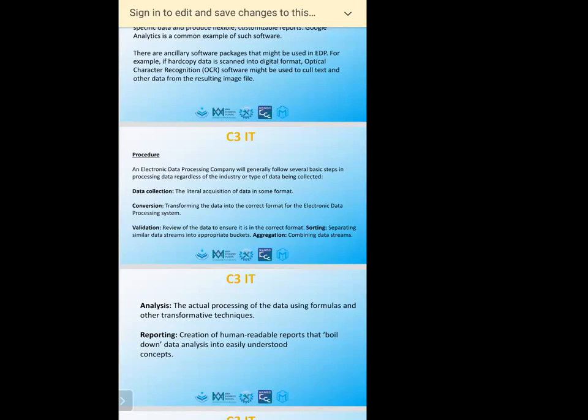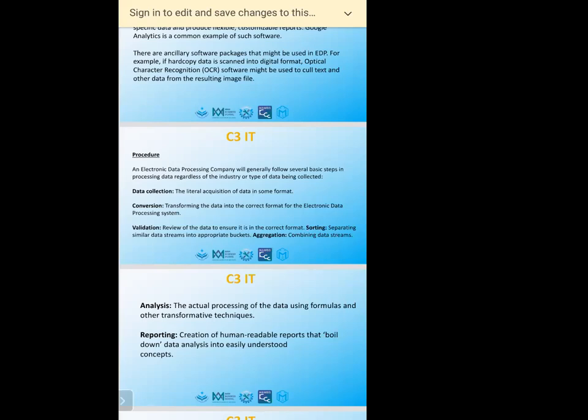First, you collect all the data, then make a conversion. For example, how are you making kardiya? What procedures will be there? First wash the fish, then cut the fish, then boil the water and put something inside the water, salt, and then the fish. Likewise, these are the procedures to make a kardiya, rice, anything you are making, you will have certain procedures. Likewise, what are the EDP data processing procedures?